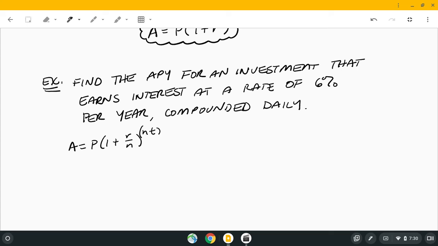Okay. All right. So this is what we do first. A equals P. We don't have A. We don't have P. 1 plus the rate is 6%, so 0.06. Compounded daily, so N is 365, 365